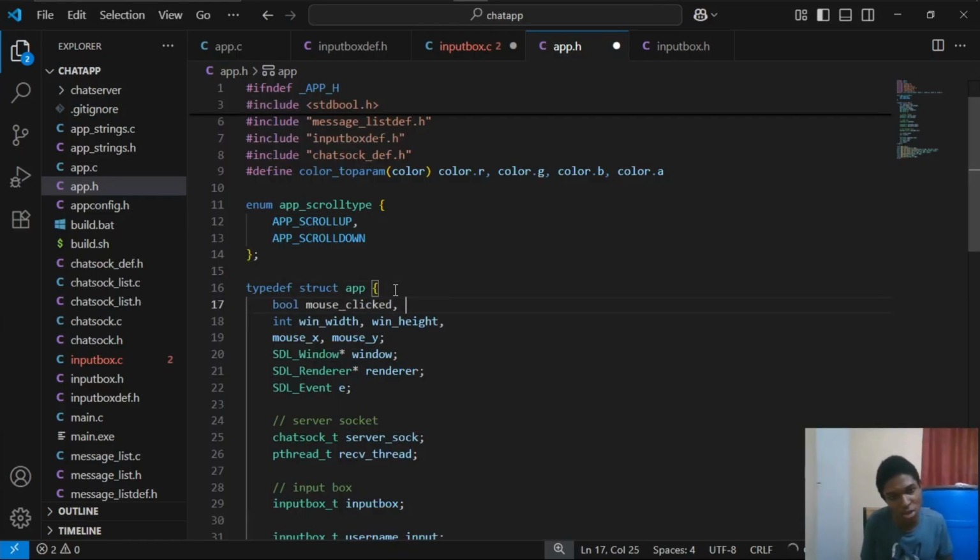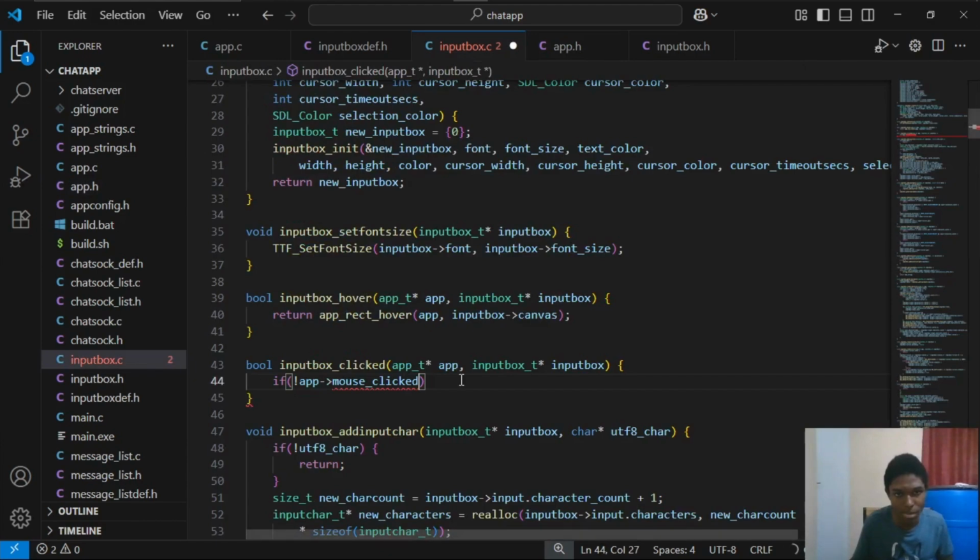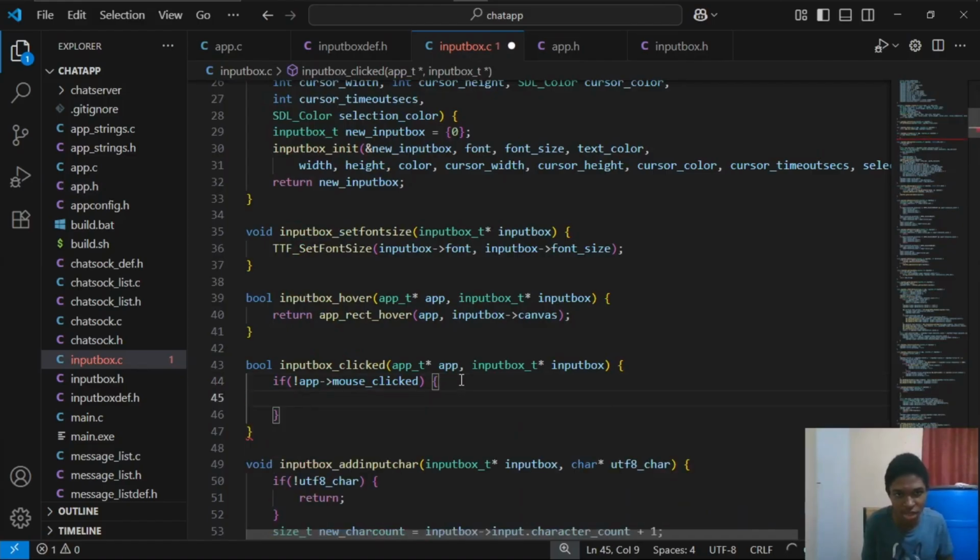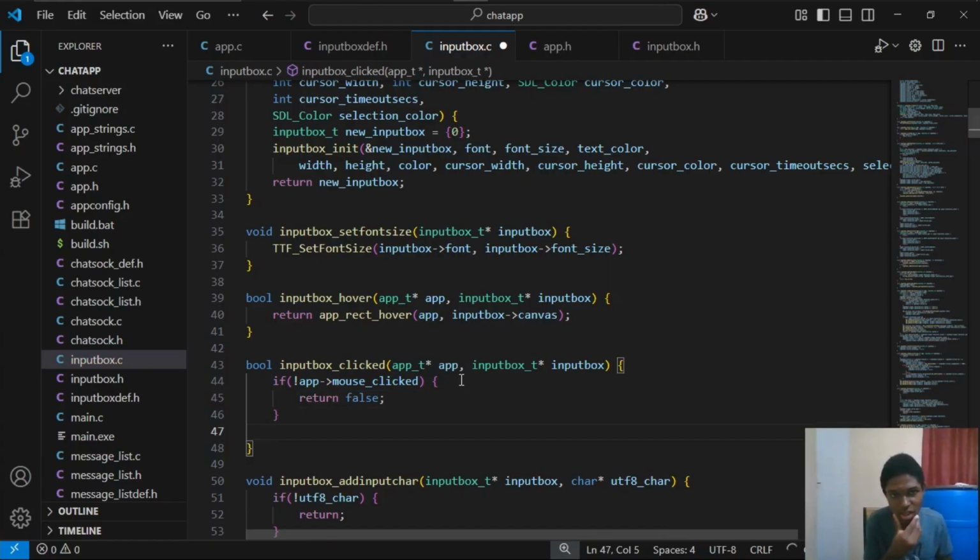Let's also introduce another one called mouse down. So we'll say if not up mouse clicked, then we'll just return false,